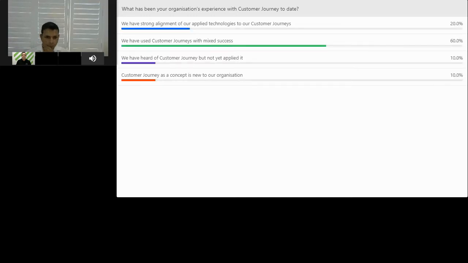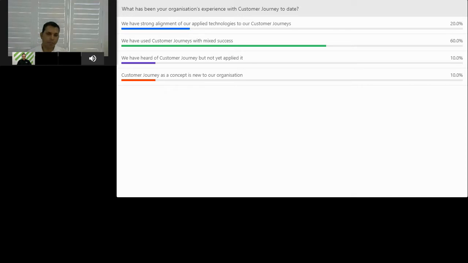Okay, very good. So it's good to see the green box. We have used customer journeys with mixed success, but the idea is that yes, you have used it, and it differs in what level it gets applied within the organization and when you're solutioning the customer-centric solution. That's really the key thing, because customer journeys identify the solution needs from a customer focus point of view. The customer journey is the main tool that's applied.